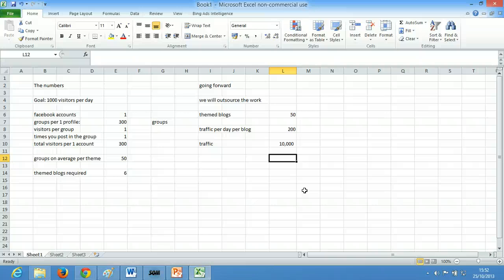Maybe if you have a blog about tennis, you're going to join some Facebook groups that have to do with tennis. We're going to take some videos from YouTube about how to have a good backhand, a good forehand, how to do the volley, or whatever. And then on that blog you're going to have your typical banner on how to make more money and play tennis whenever you want. So this is kind of the idea.